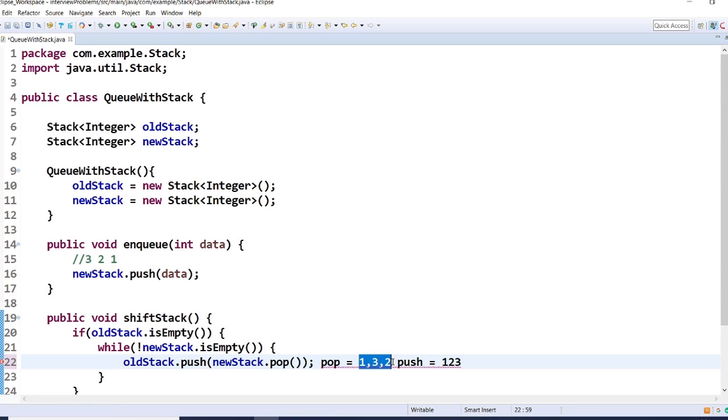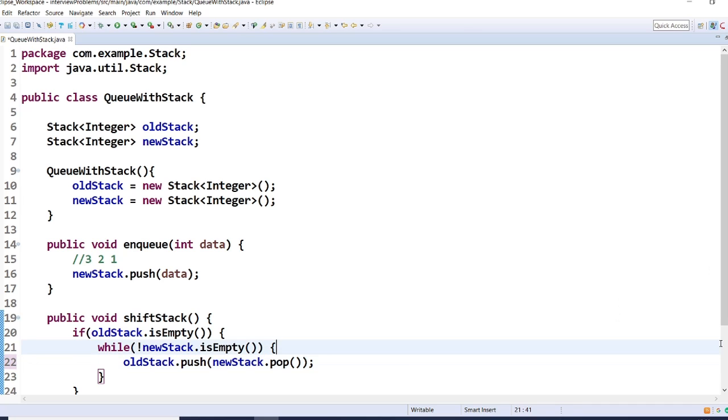Okay, 3, 2, 1, and then it will get pushed to like 1, 2, 3. So if I insert the elements into the queue, the order is the same. So using 2 stacks we are able to achieve the queue operation.